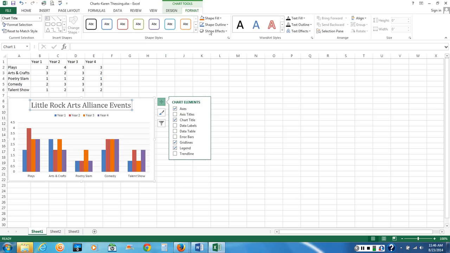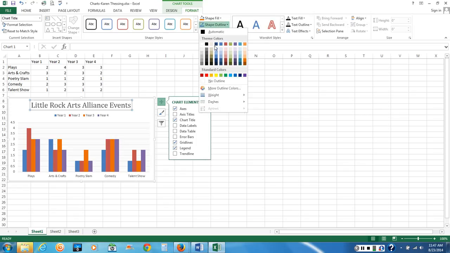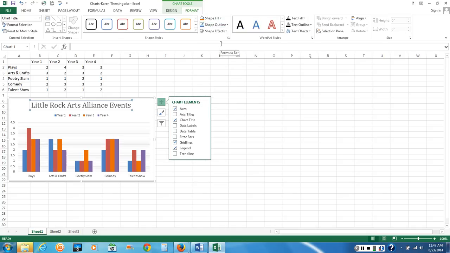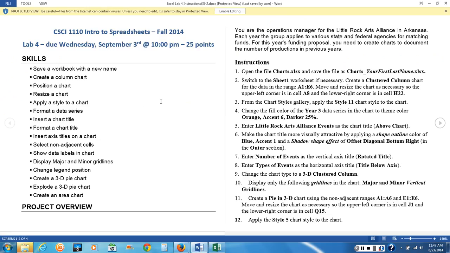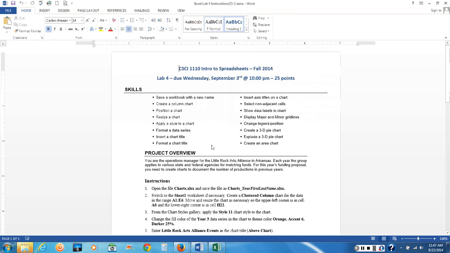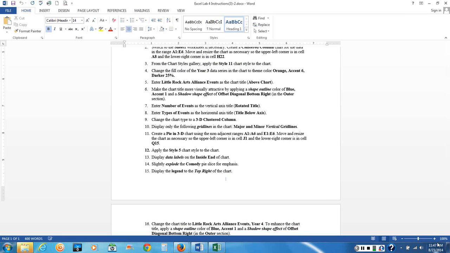In the Shape Styles group, the first thing it wants is that shape outline of blue accent 1. So click on the shape outline, find blue, that's dark blue, the next one over is blue accent 1. So just click on it, and then also, why did it go back? Okay, enable editing. I don't know why it went back to that. It also wants,